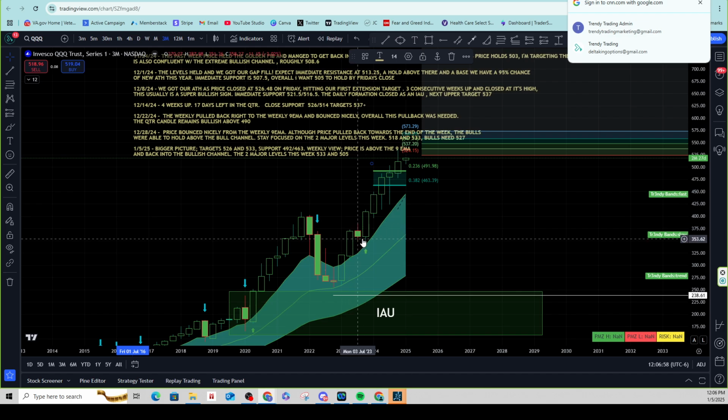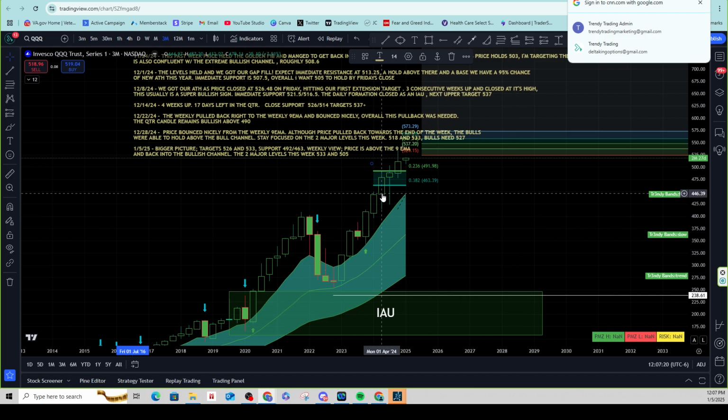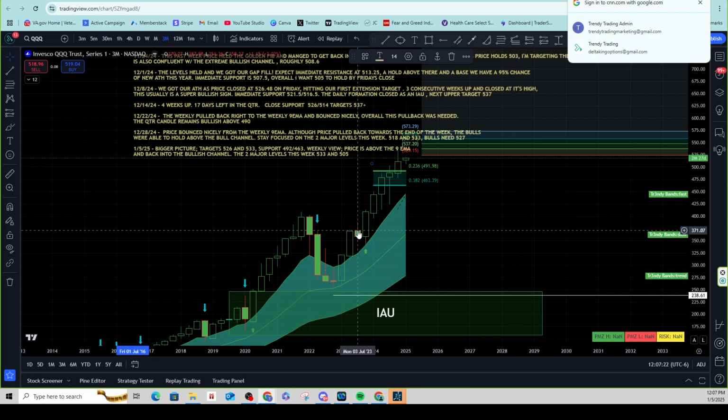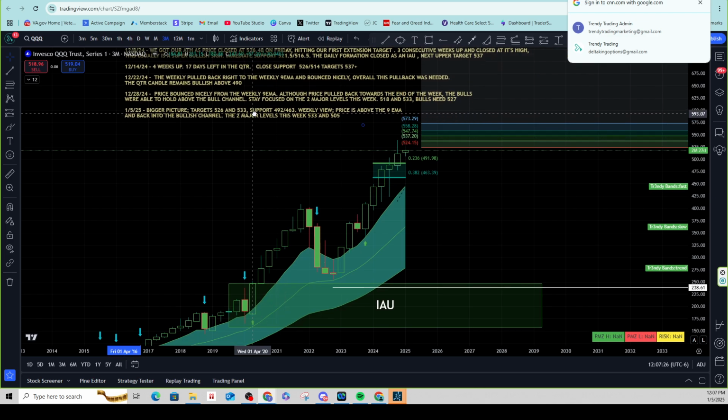Further down here, we do have some demand that was not tested. I went over this during 2024, and those levels still hold true to this day. I would definitely create an alert in here. If prices were to ever come back here, it would create a lot of fear in the market, but this is definitely a place that I would be interested in buying again. It's hard to believe that price would pull back that far, but you never know what's in store for the future, okay? Bigger picture, targets are 526 and 533.